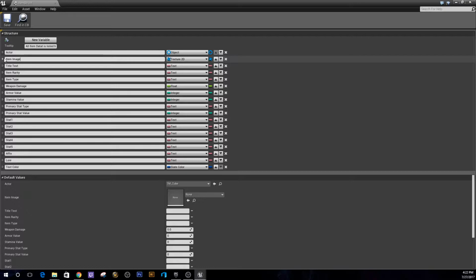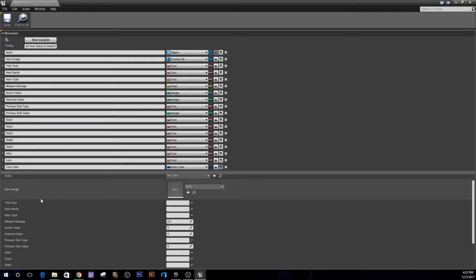And then the item image is just whatever image you want to show on the widget. If you want to have an image that shows on the widget, you don't have to. That's just another thing. Again, like I said, all this can be whatever you want it to be. The title text, that's a specific thing, like my title for